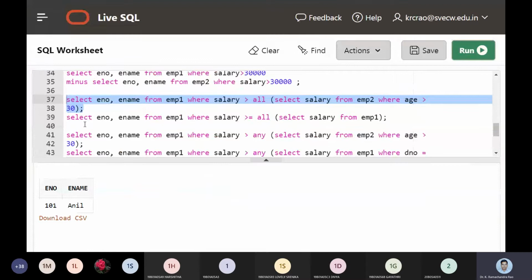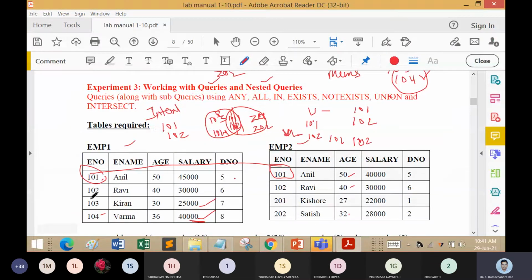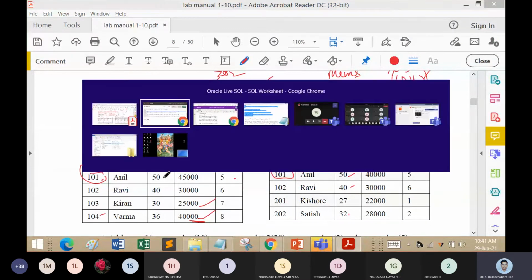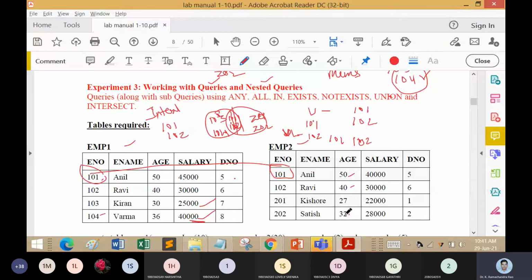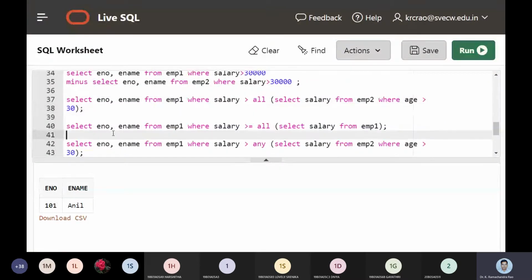You can see here Anil's record, that is 101's record, meets the condition. Even though there are 2 conditions, 40 and 36, that are greater than 32, still this is not possible because I am using the clause called all.